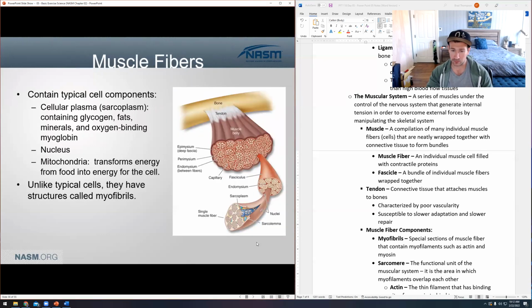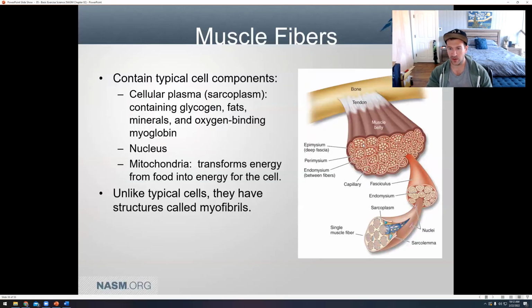So now you can see here is an overall muscle with its tendon attaching it to a bone, right? And all of the fascicles making up that muscle, right? So, this is like, let's see, 1, 2, 3, 4, 5, 6, 7, 8, 9, 10, 11 little muscle fibers coming together. Fascicle, fascicle, fascicle, fascicle. All these fascicles bundled up to make up the overall muscle. So then if you look inside of a fascicle, you'll see it's a whole bunch of individual muscle cells. So muscle cell, muscle cell, muscle cell, 11 muscle